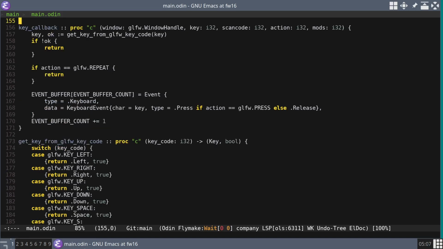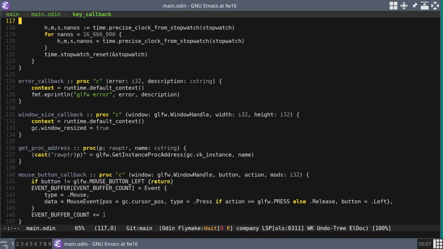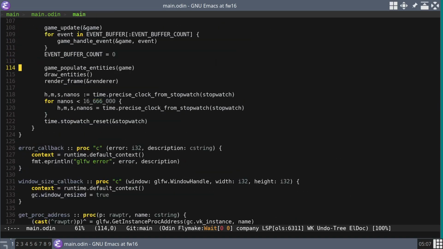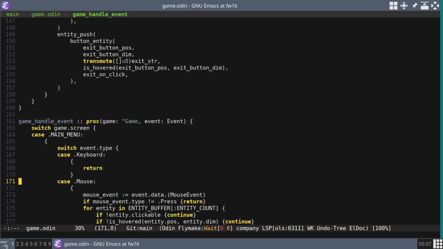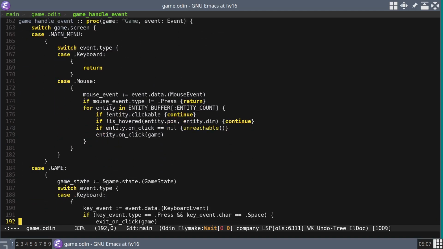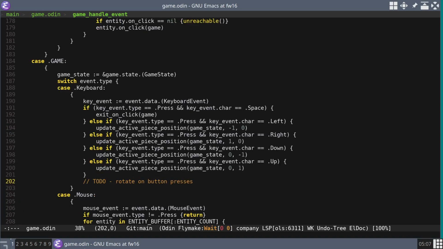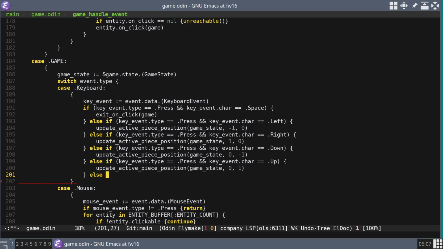Given that, right, so that's the function that we actually register with GLFW to write. So we have this kind of translation from the GLFW event to an event in our event buffer, which we did just for kind of controllability sake. We then have somewhere a function that is handle game event, game handle event, which is where we put R to do. So in here else,